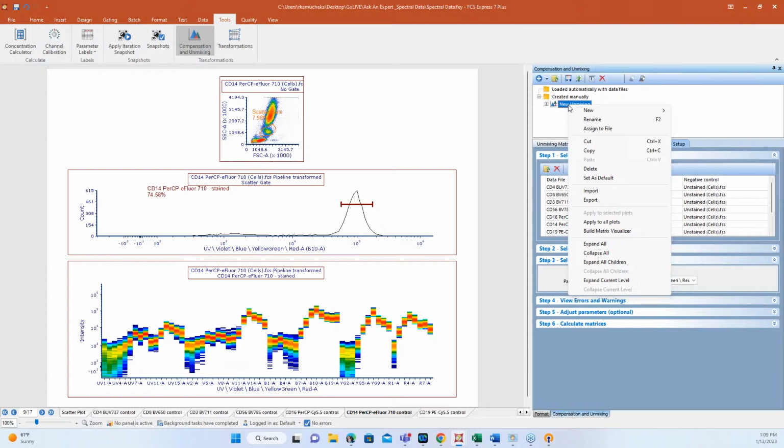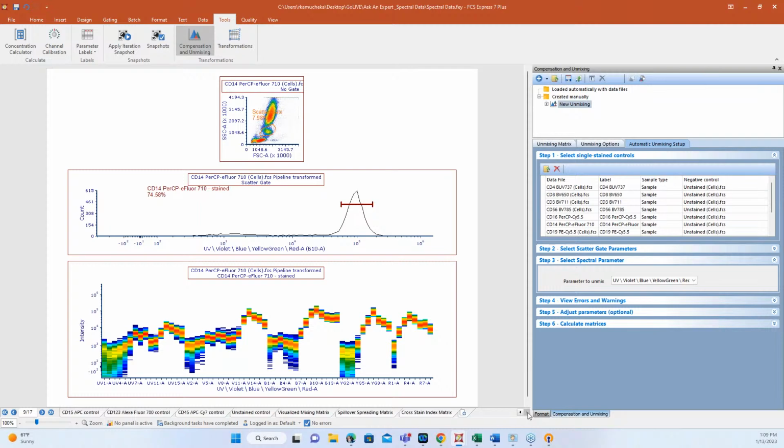So again, very similar to our compensation, you can create an unmixing, you can right click and then export it. I'm a huge fan of doing my unmixing or compensation in separate layouts. Everybody has their own thing. I just get worried about page management, right? For this experiment, I think I have like 15 pages if I do my unmixing. So I like to keep those in separate spaces, export out my unmixing, and then import it into a new workspace.